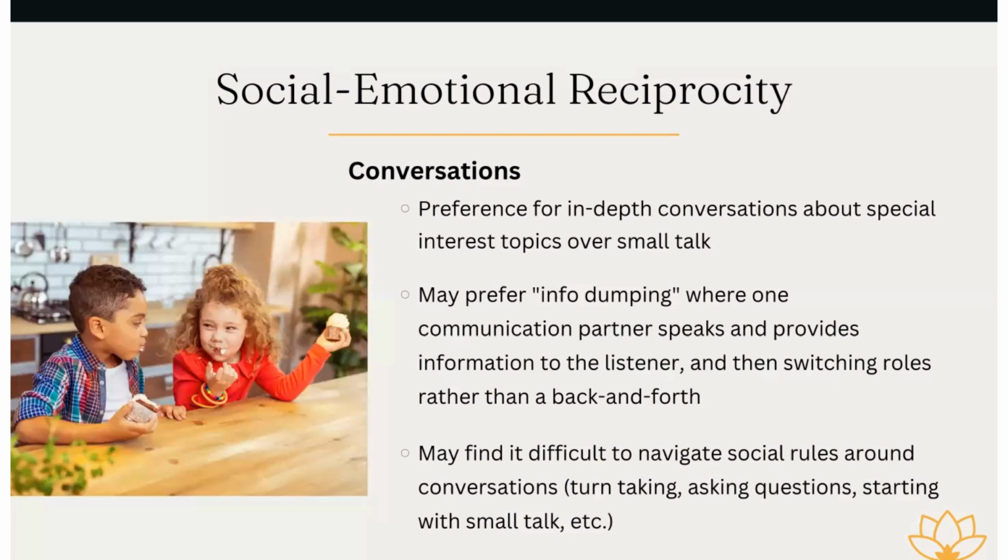And again, if we're trying to make a person who is neurodivergent focus on social rules like eye contact, small talk, things like that, they might get so overly focused on trying to follow the social rules that then they're not able to meaningfully participate in that social interaction, which can lead to more social withdrawal and anxiety in those situations. So you may want to discover, especially if you have a little one, as they age, how they prefer to engage in conversations or interactions, and then help them communicate those preferences to others.